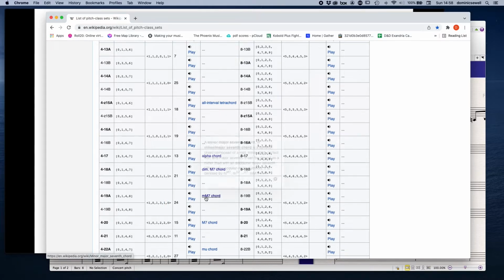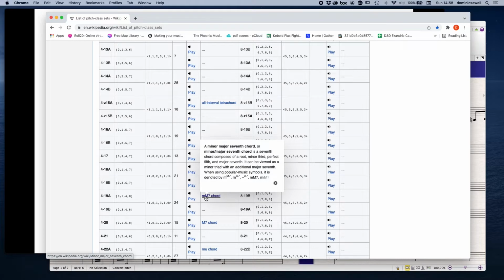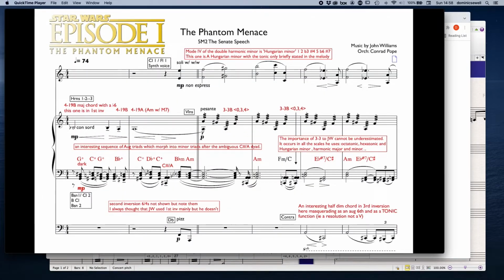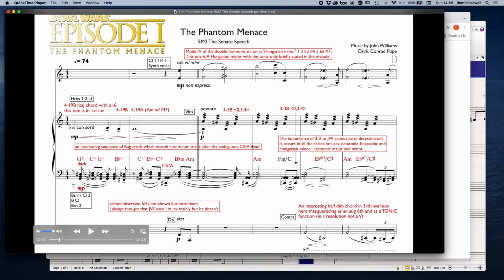So normally it might be this thing, a minor chord with a major 7th, but also it can be something else, which is a major chord with a flat 6. Now let's explore that in a little bit more detail. How do I get to that, first of all? So if we count out the notes here,